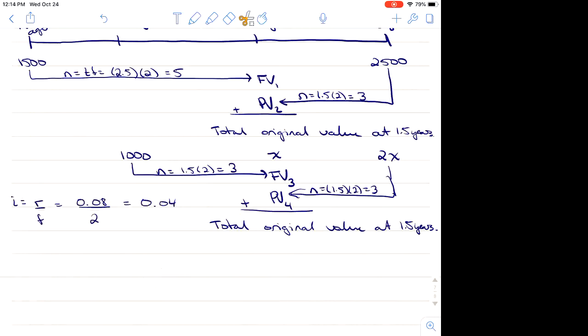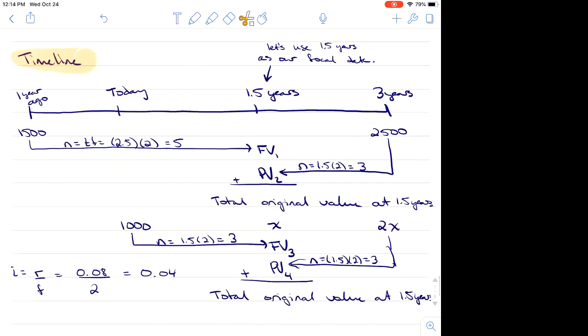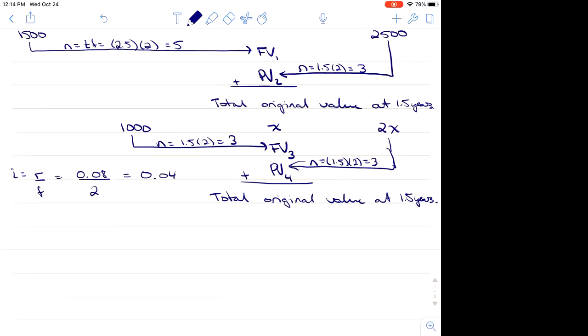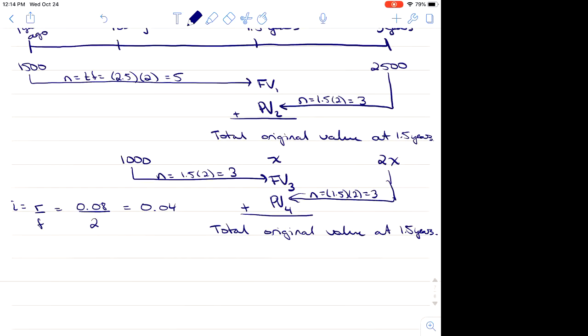There. Now I can show you the complete timeline on one screen. So all of this has to be on there. So now we get to work. All right, so now we're going to find